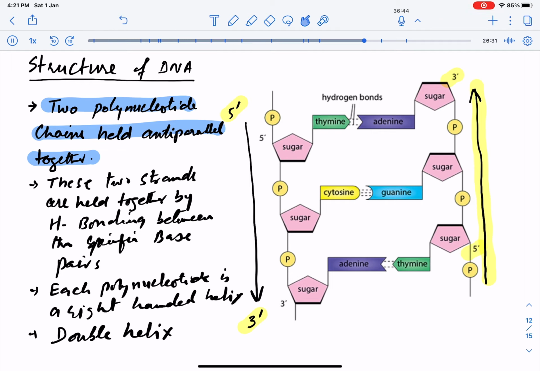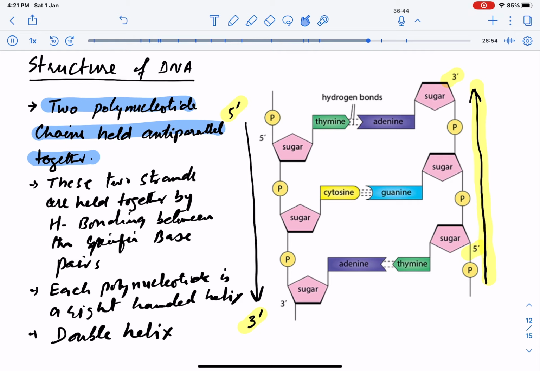So these two chains are said to be anti-parallel to each other, as both these strands have their opposite terminals facing each other. One has 5' and the other has 3' upwards, and